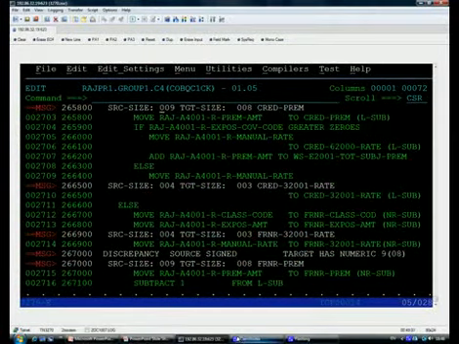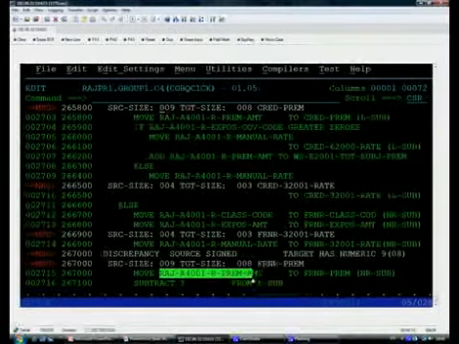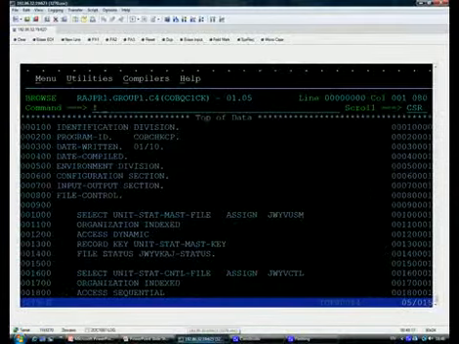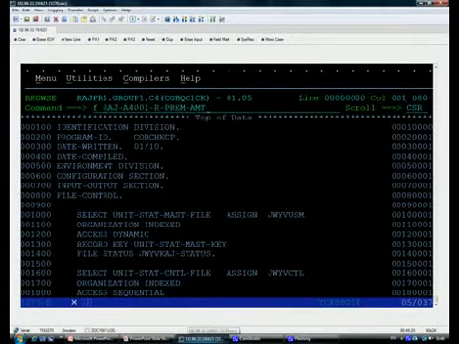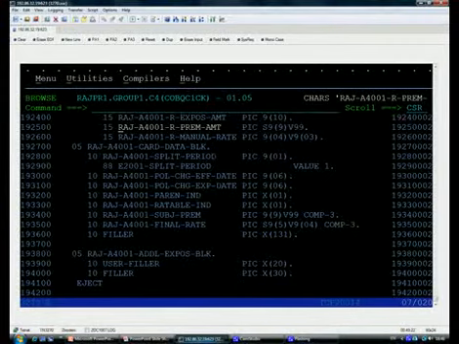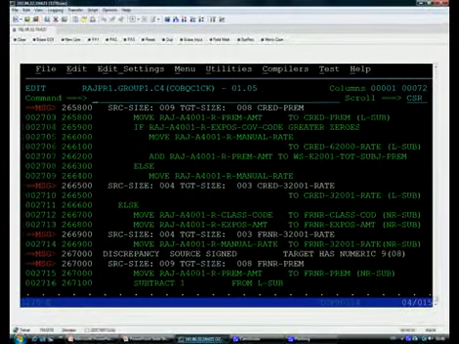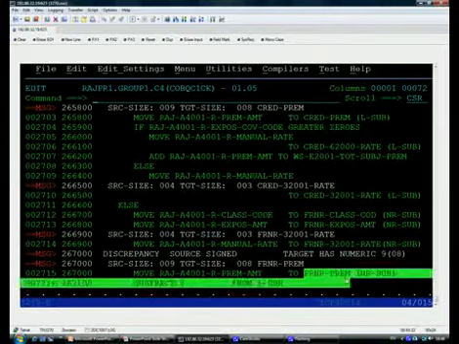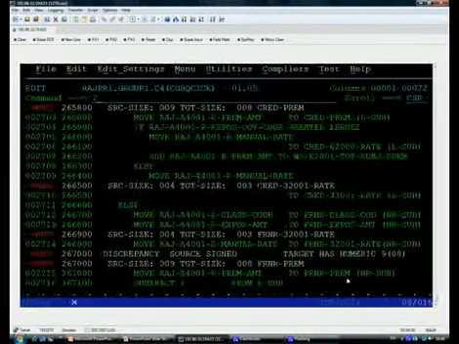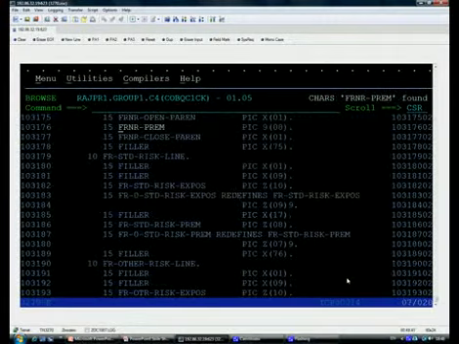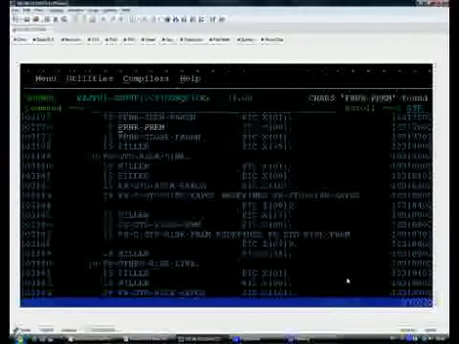Let us take the case of this particular move. Here the source field is defined signed and it contains a 9-digit integer part, whereas the target field is defined numeric and contains only an 8-digit integer part.